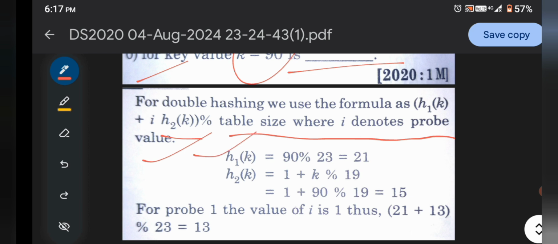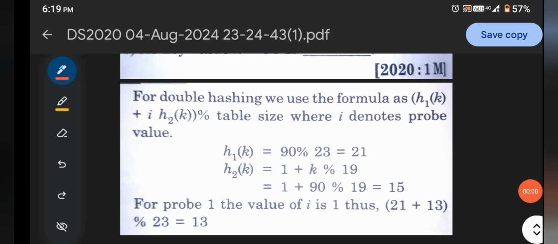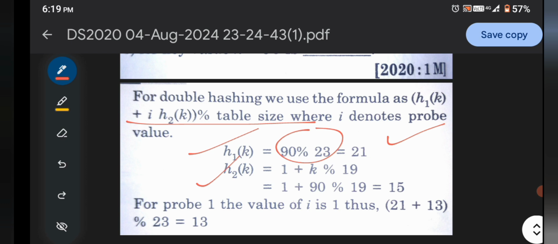Now h1(k), with k equal to 19, 19 mod 23 is equal to 21, okay. Again h2(k), we put in all these values and we get this value.